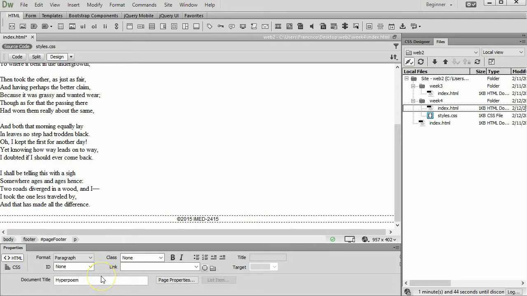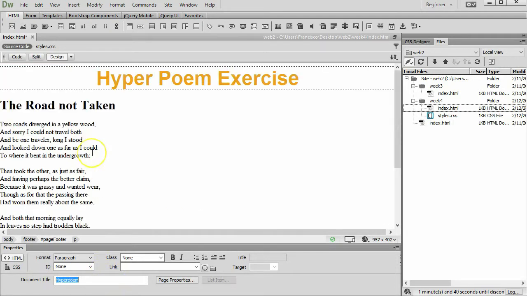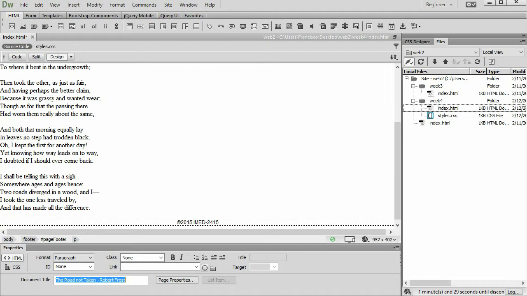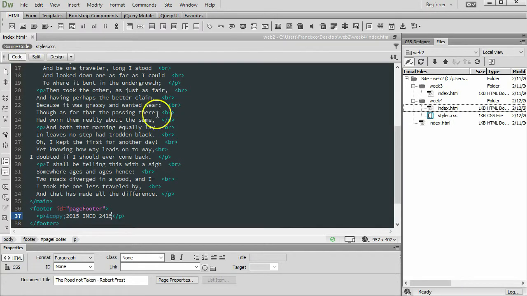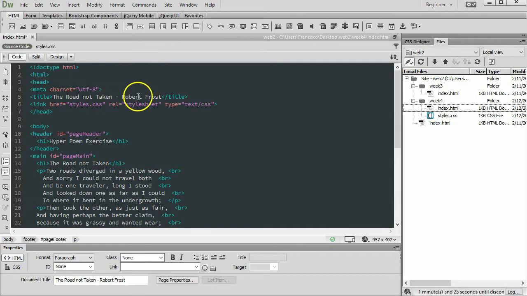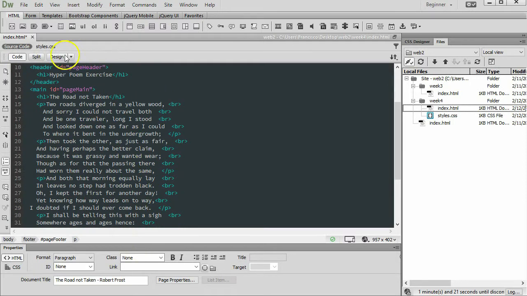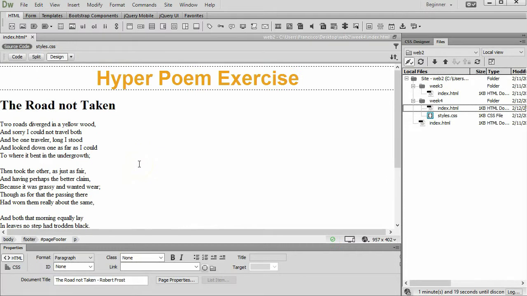I'm also going to change the document title from just the static hyper poem to the road not taken, and put the author's name, Robert Frost, and that will all be changed in the code. So now my title will appear whenever I go and navigate using a browser. Going back to design,